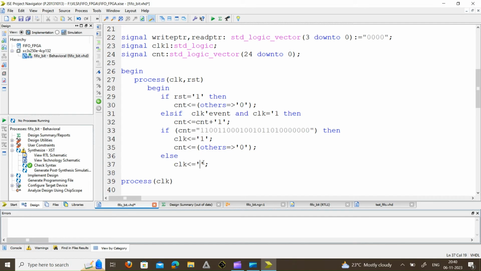So this clock is 0 here. Now the process is complete. Then we can write end if first, end if, then next end if, and the last one is end process. End process. Now save this